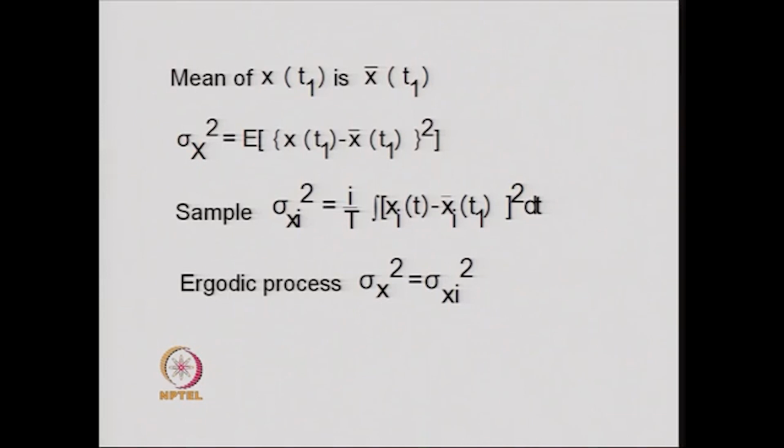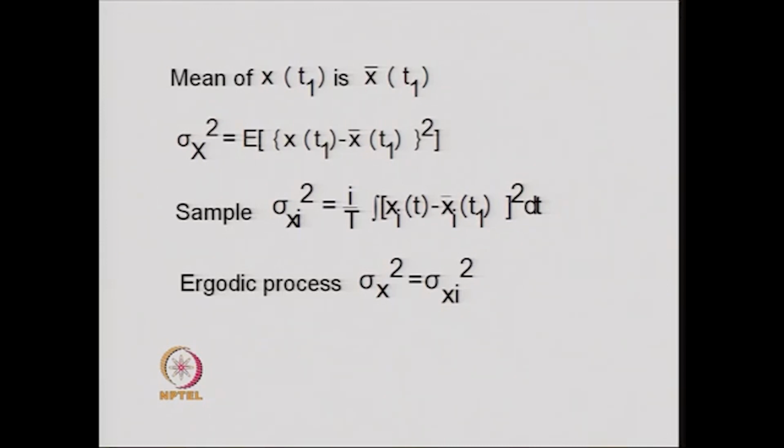However, if one has to really call a process a stationary process, then it should be an nth order stationary process, n being the order. That means, instead of sigma xs square, it should be sigma xs cube or sigma x4, sigma x5. Higher the number, higher would be the order of the stationarity.